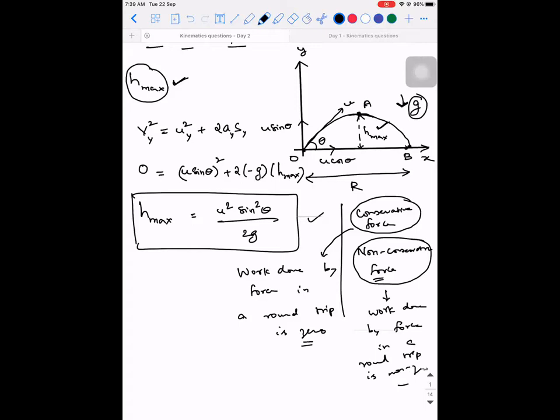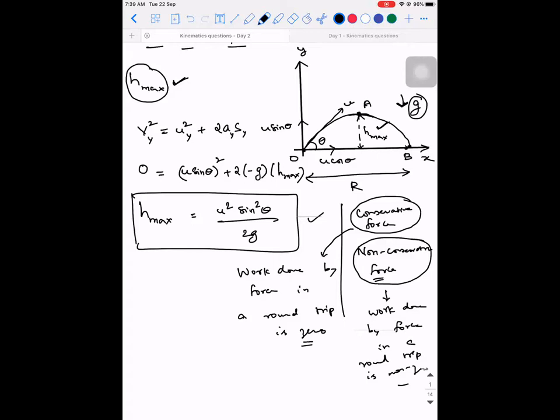You have learned this last year also. In your 12th standard also there is one conservative force: electrostatic force. So electrostatic force is conservative in nature. Similarly, if you recollect from the previous year, gravitational force is conservative in nature. Spring force is conservative in nature. So to put it in very simple terms, whichever force's work done is not dissipating energy, that particular force is called a conservative force.